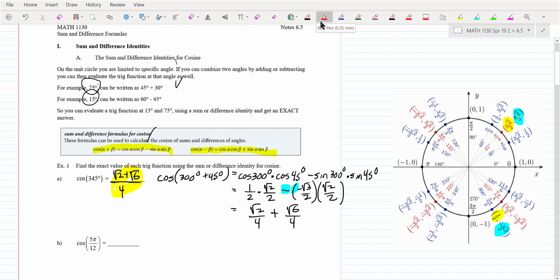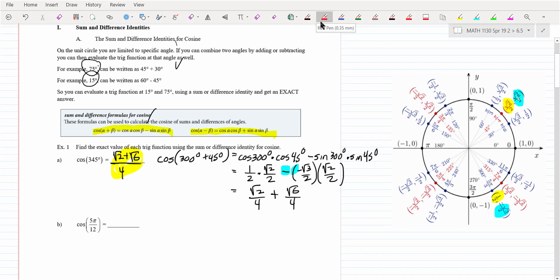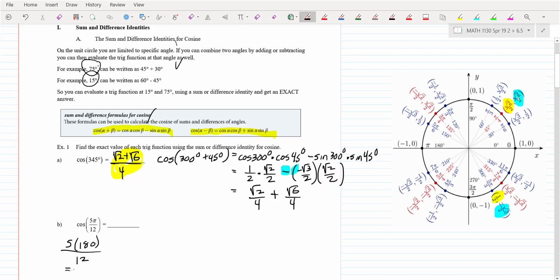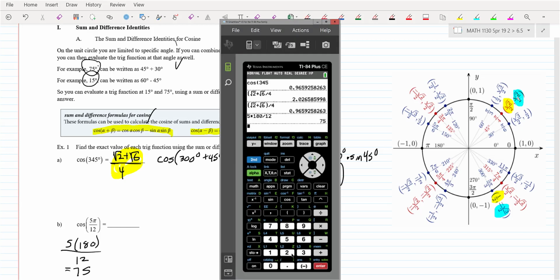Okay? Everybody with me so far? Okay, so just follow the identity. I would suggest on this one, to me, it's just as easy to convert to degrees. I think when you look at my math lab, they'll probably show you something a little bit different. It doesn't matter. Just go to degrees. It's usually easier to work with degrees to me. So I'm going to go 5 times 180 over 12 and see what that is. And the problems I give you are designed so it works out that way. So what we end up having is we have 75 degrees